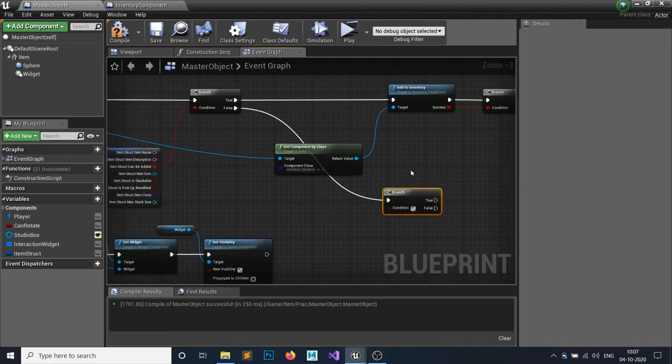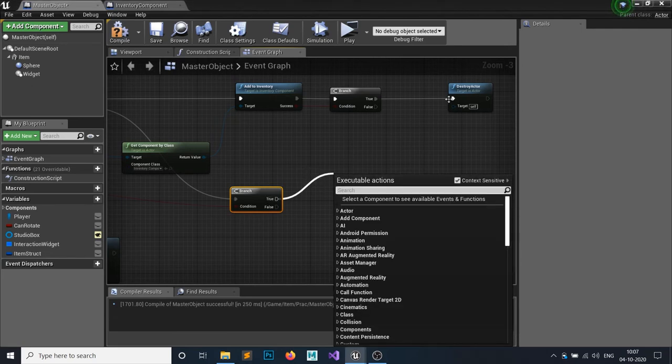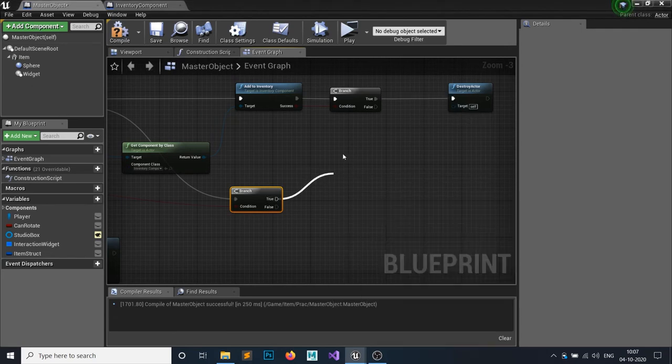So whenever we interact, let's say it's a pouch, it will do a certain thing like add 2 more slots. So if it's pickup beneficial, and if it's true, then we want to call a function called pickup benefit, and after that we want to destroy the actor.